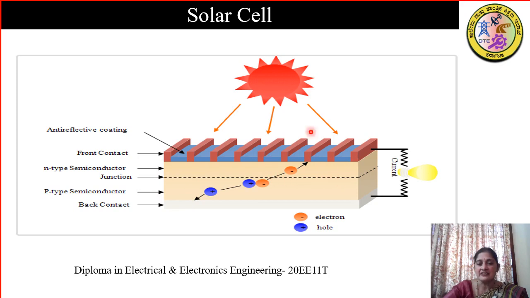At the p-n junction, when the light energy is incident, then the atom absorbs the photon of light and the electron and hole get separated. The question is, what is a hole? Whenever an electron leaves an atom, there is a vacancy of electron, and that vacancy is called a hole. Here we have a front contact to remove the electrons out, a back contact for the continuity of the circuit, and an external load connected for the current to flow.